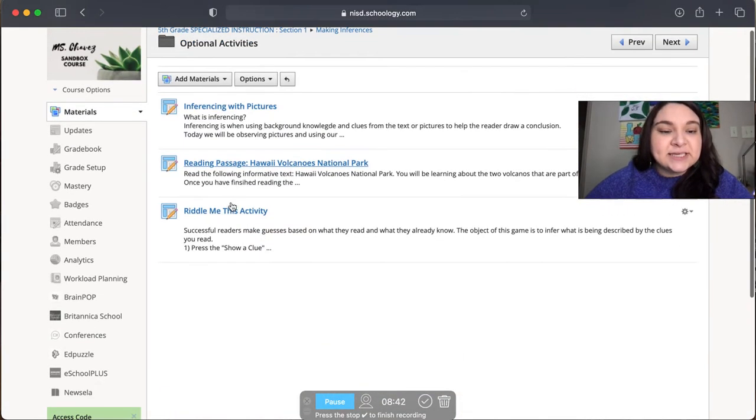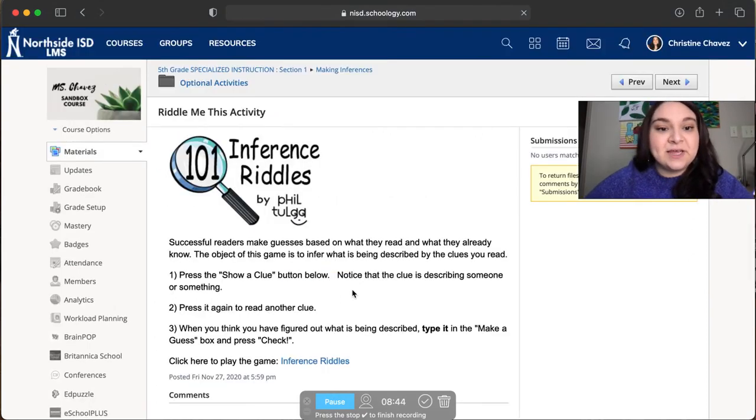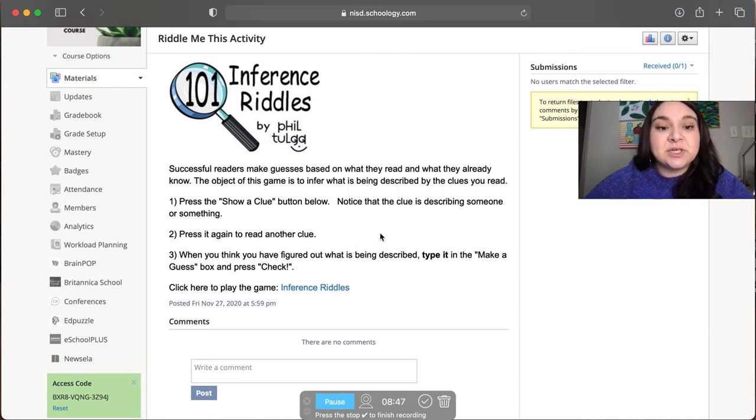The next activity is a Riddle Me This activity, which I thought would be fun for them to do. It says, successful readers make guesses based on what they read and what they already know. The object of this game is to infer what is being described by the clues you read. Number 1, press the Show a Clue button below. Notice the clue is describing someone or something. 2, press it again to read another clue. When you think you have figured out what is being described, type it in the Make a Guess box